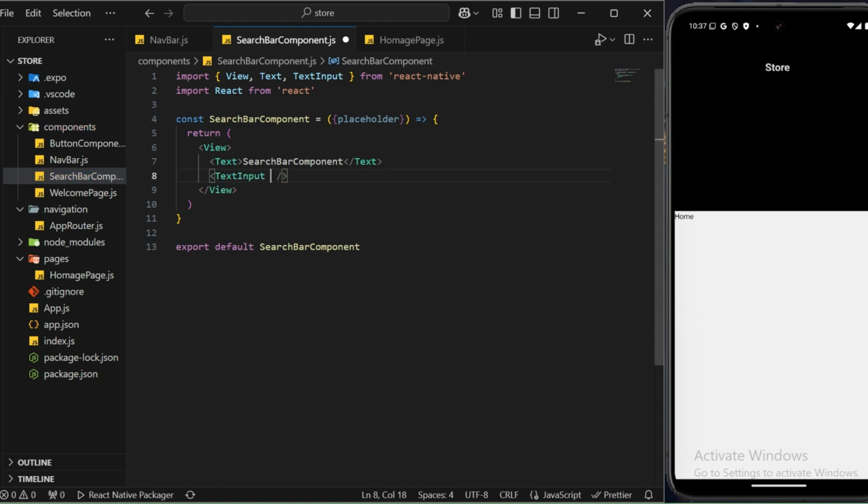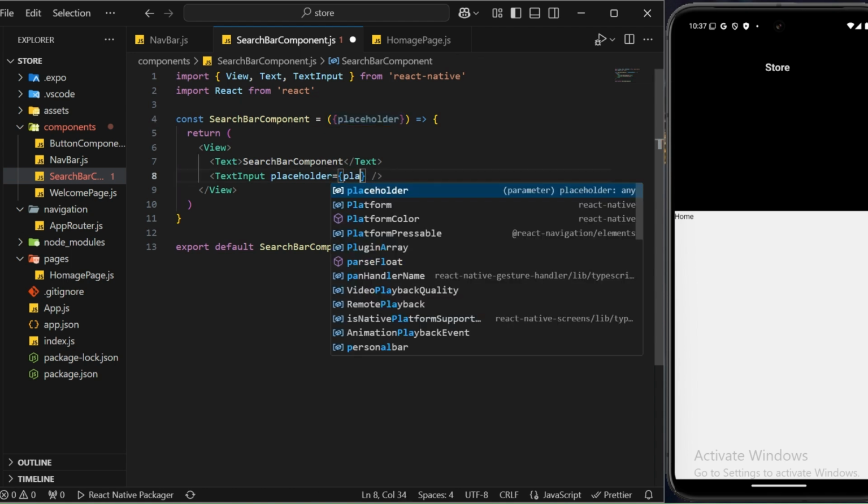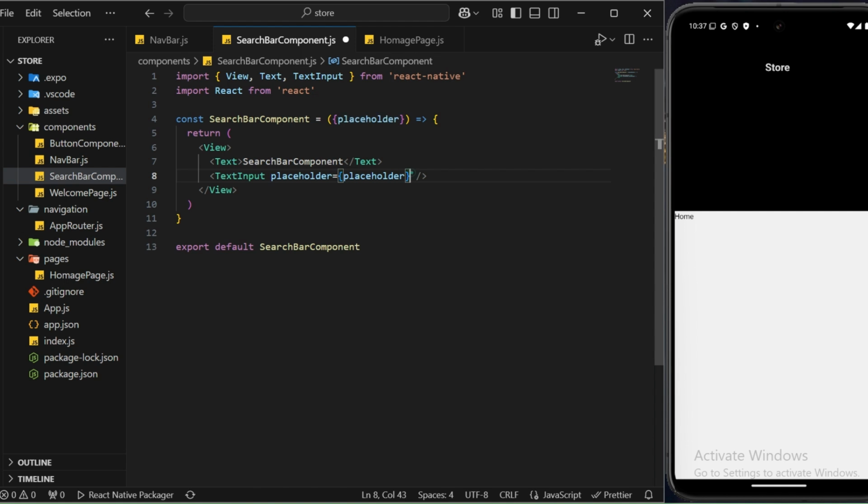Inside text input, we need to write placeholder. Placeholder will be our placeholder we have just defined here. I will show you how to use it as well. Placeholder. And then